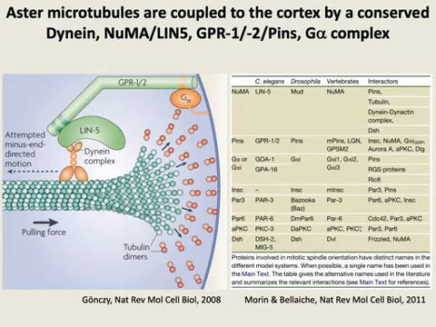Okay? And this system is actually very conserved. So in C. elegans, you have G-alpha, GPR12, Lin5. The names are here. And you have the equivalent in Drosophila. You have the equivalent in vertebrates. This is a basic mechanism to anchor spindles with the cortex and position them with regards to the orientation of the cells.